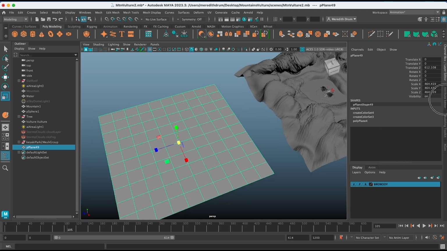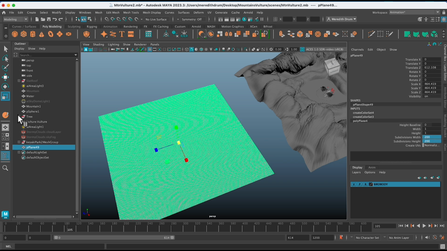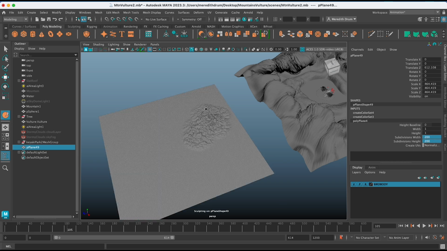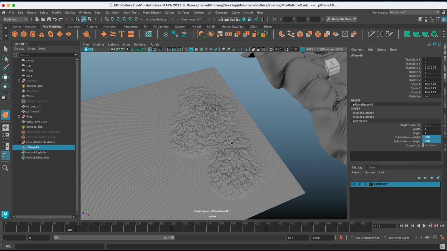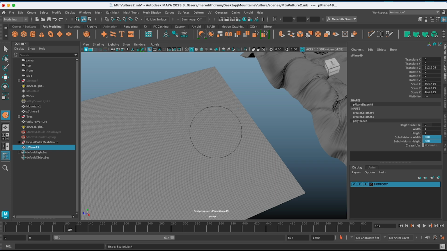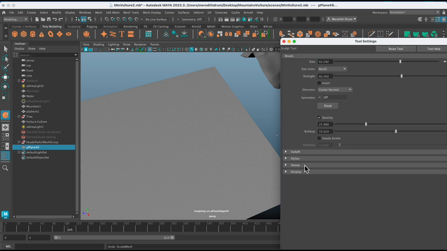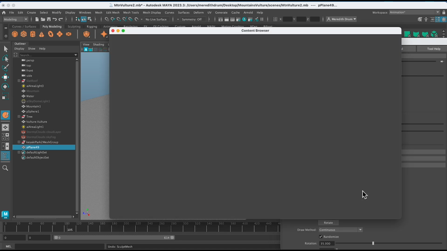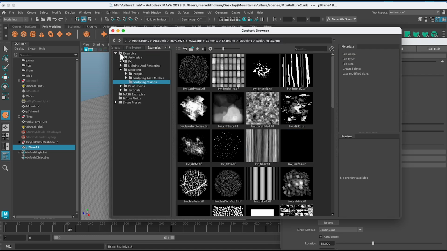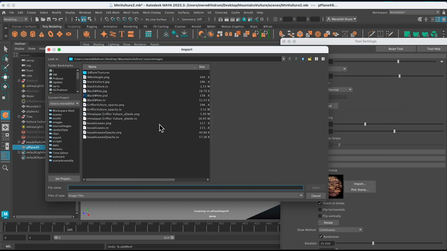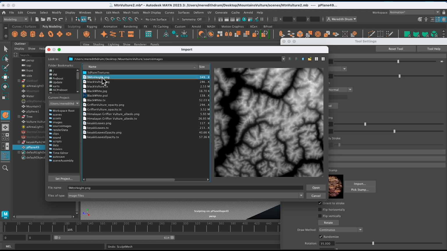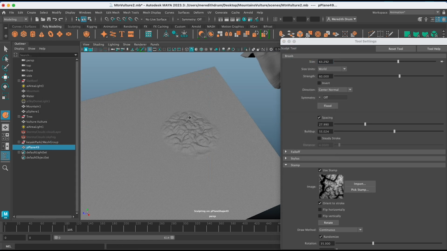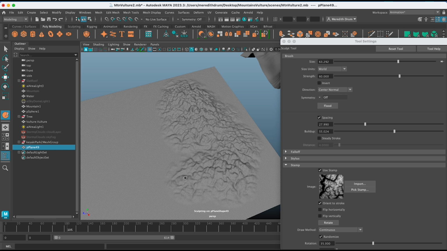So in your channel box, not your attribute editor, but your channel box, look for the polyplane, and I want you to add some more divisions. Okay, so now it has something to work with. So you can see there it's pulling it up in that pattern. Just going to undo those, double click here, and under stamp, let's pick a stamp. So actually let's go to import, and you can see I'll look for the mountain. That's the mountain height there, and let's just take a look and see what we get.